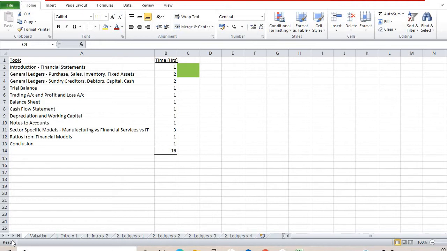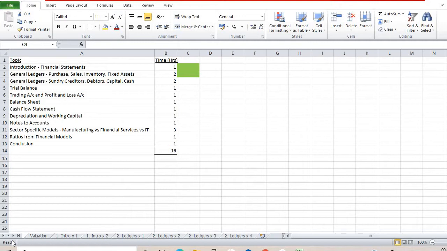Then under the general ledgers we saw how to model purchases under different scenarios, purchase returns under different scenarios, and how to actually model something like inventory with respect to purchases. If purchases go up, what happens to inventory levels, what happens to the costing of inventory? So modeling inventory costs under different scenarios was handled in the previous chapter. Similarly with sales, we saw sales modeling as well as expected sales, expected revenues, expected profits, etc.